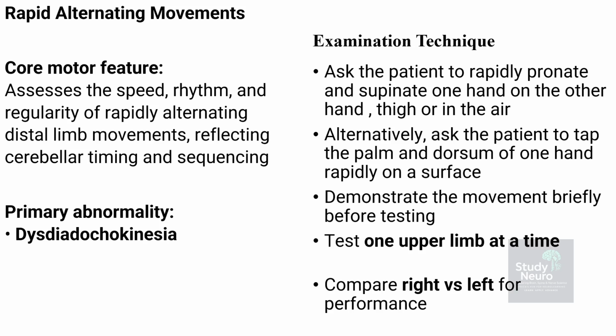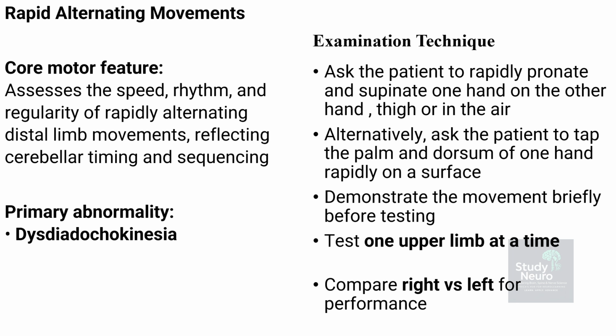Rapid alternating movements are an essential part of the cerebellar exam. They assess the speed, rhythm, and regularity of quickly alternating hand or limb movements, giving insight into the cerebellum's role in timing and sequencing. The main abnormality we look for is dysdiadochokinesia, which is a disruption of smooth, coordinated alternating movements. To test this, ask the patient to rapidly pronate and supinate one hand on the other, on the thigh